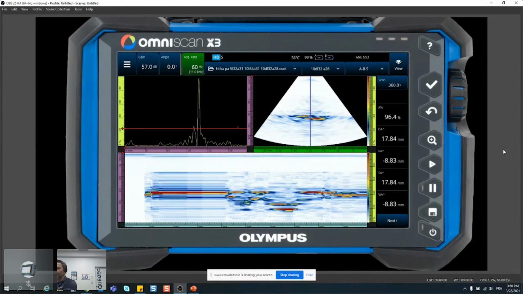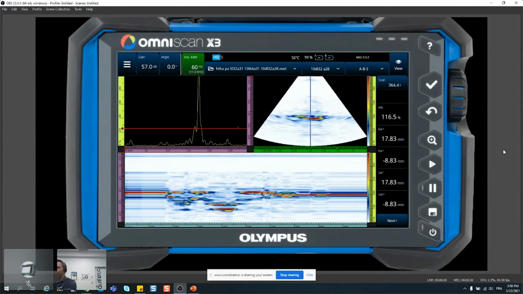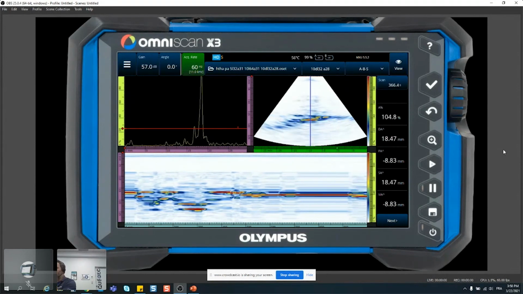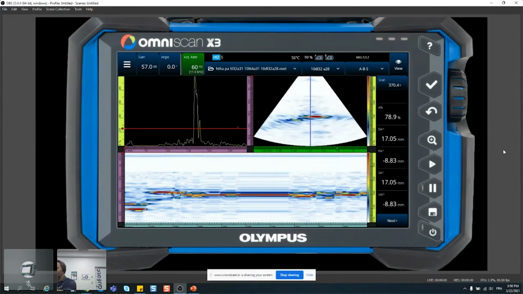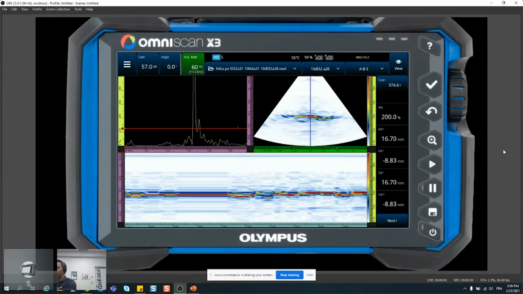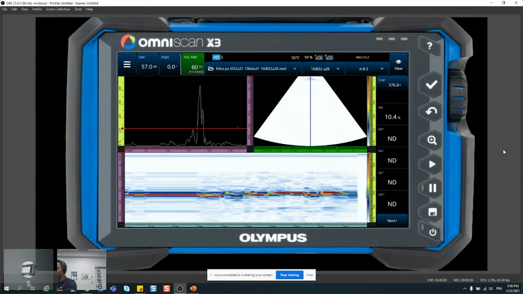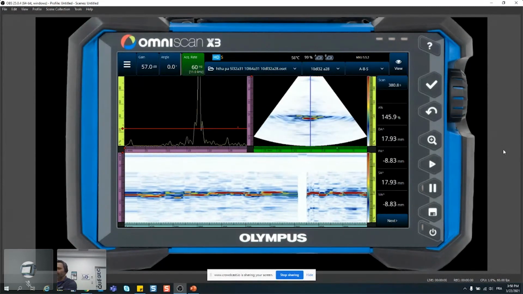What we could see as a single red blob with the 5 megahertz, now we can see all of the detail with the 828 and the 0-degree wedge. Actually, that probe was designed to do angle beam inspection, not so much 0-degree. So perhaps